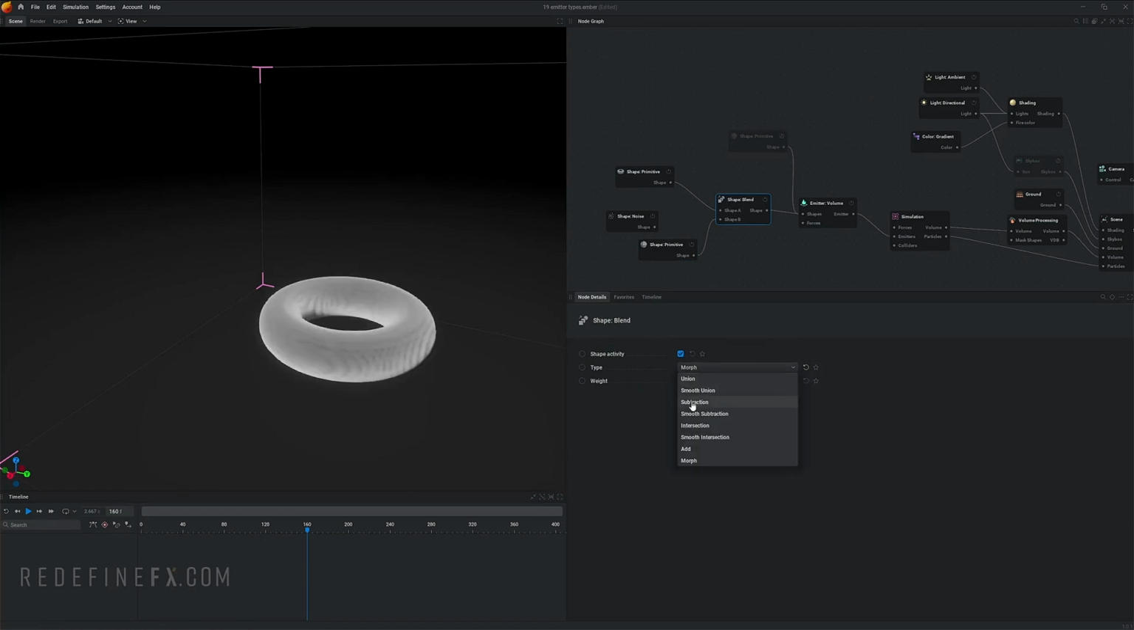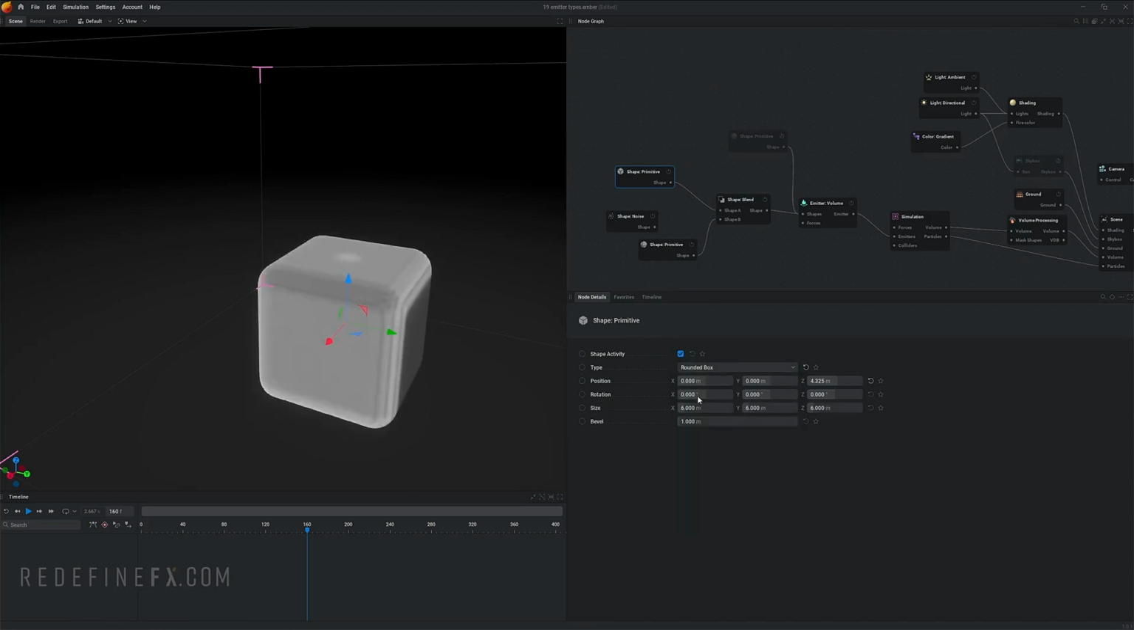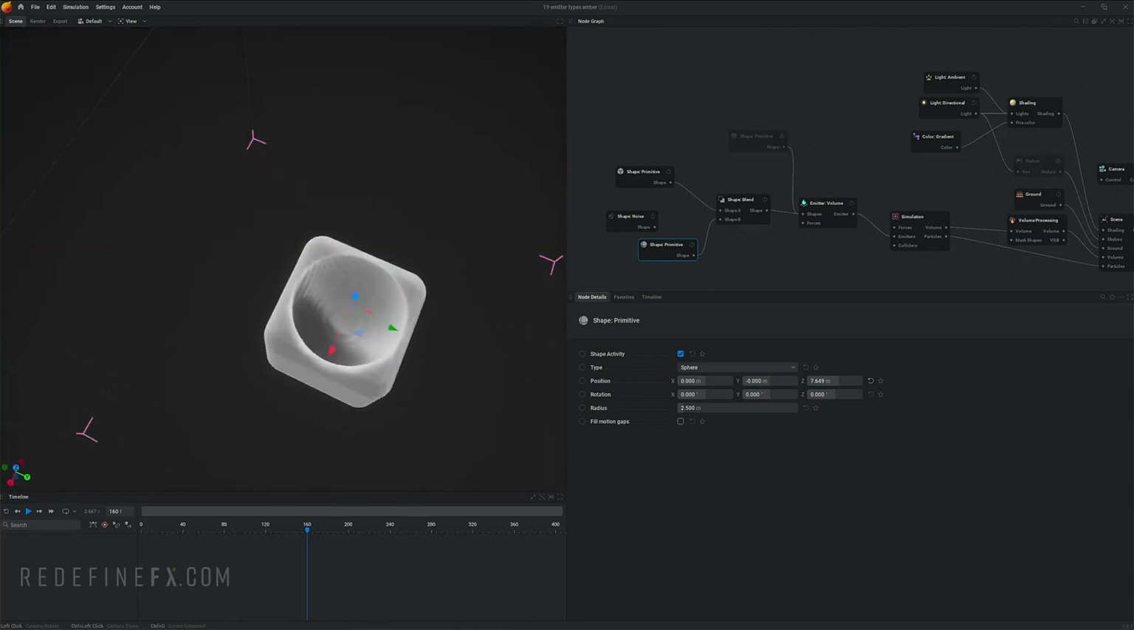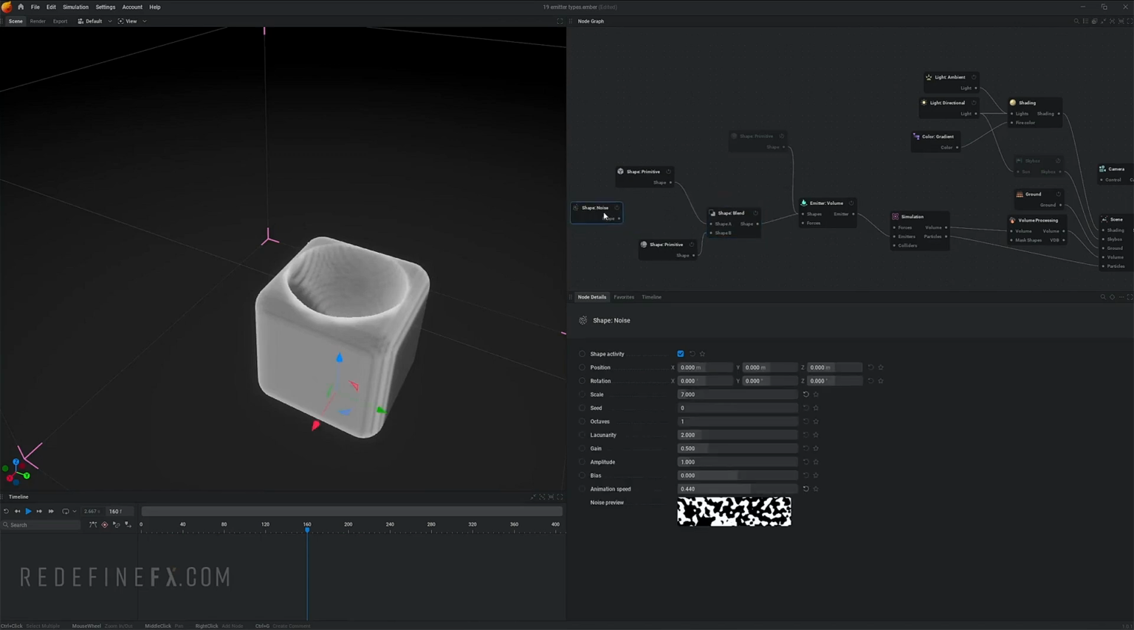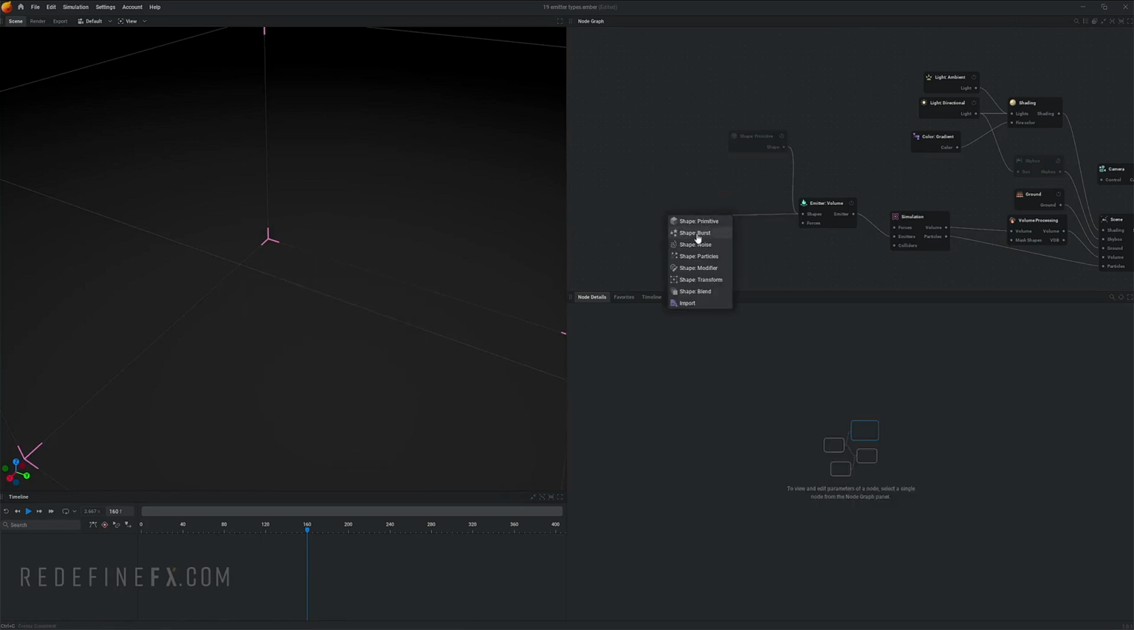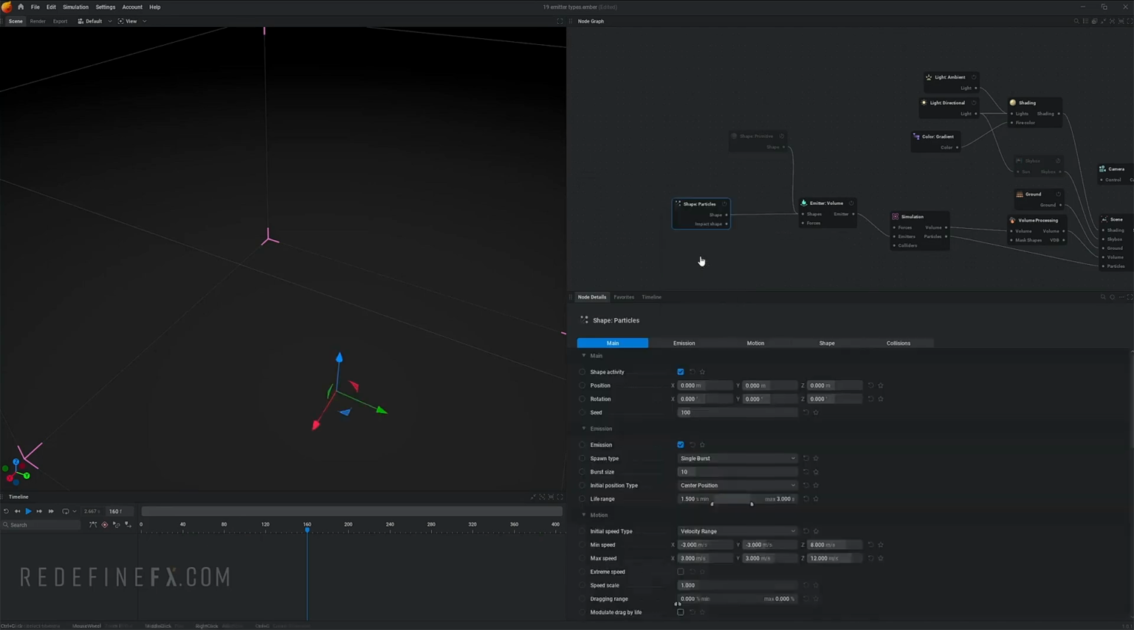I can set this to, let's say, subtraction, set this to a rounded box. And now when I move the sphere, I'm cutting the rounded box with the sphere. So I think you get how this blend shape works. Very useful, very cool. Next, you can give birth to a burst of particles